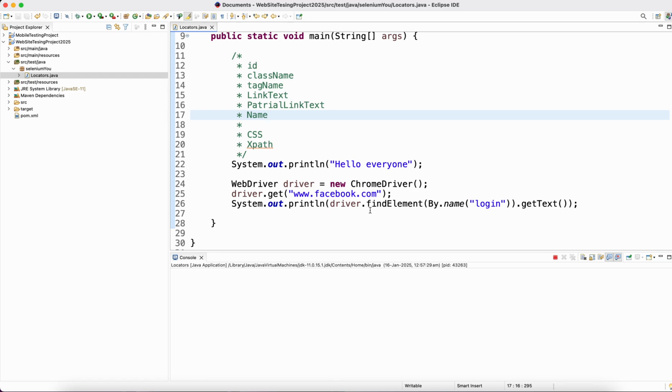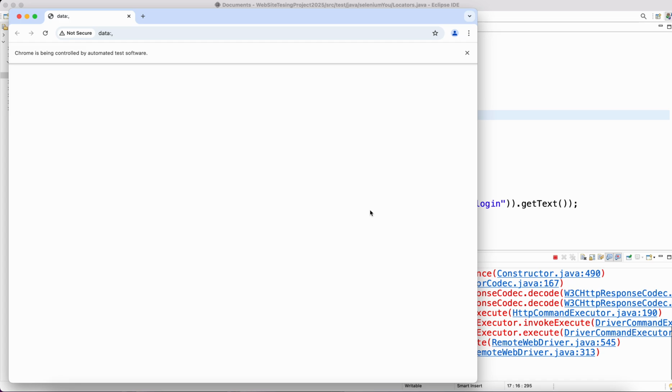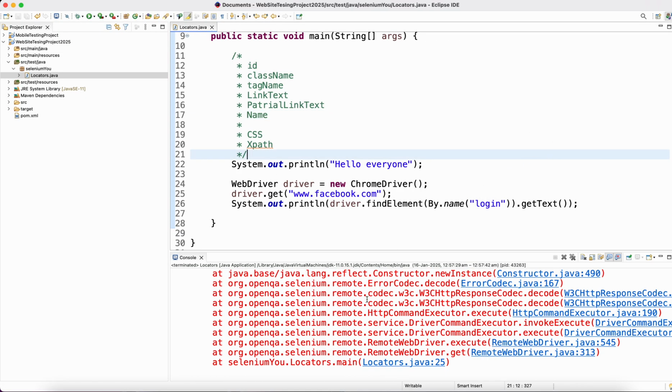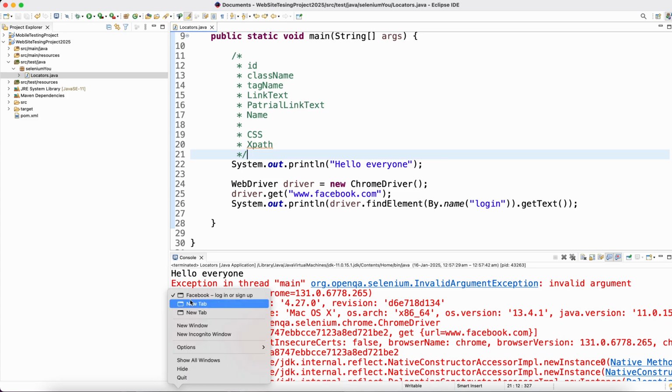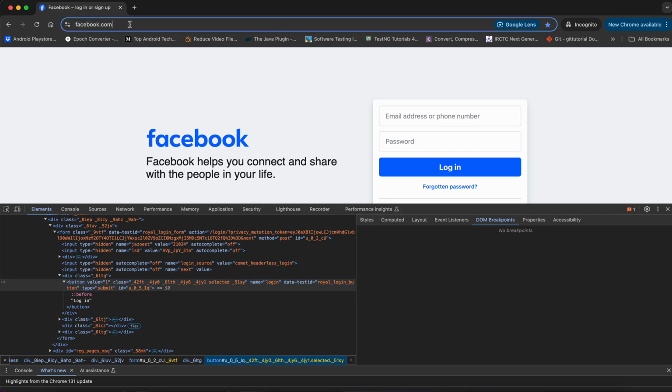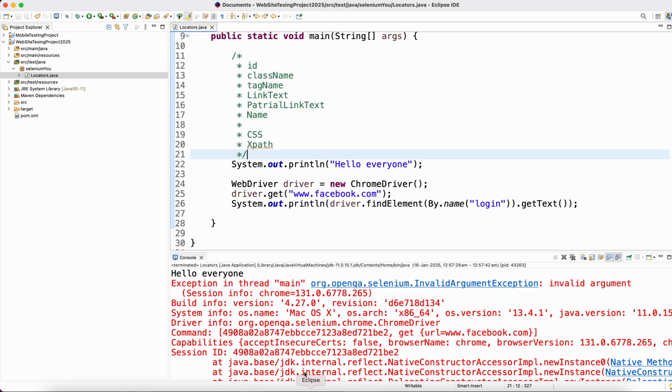So yeah, it is saying hello everyone, and then the browser is getting launched, and okay. And what is that? I think I have provided the wrong address. So let me just copy from here and go here and just say